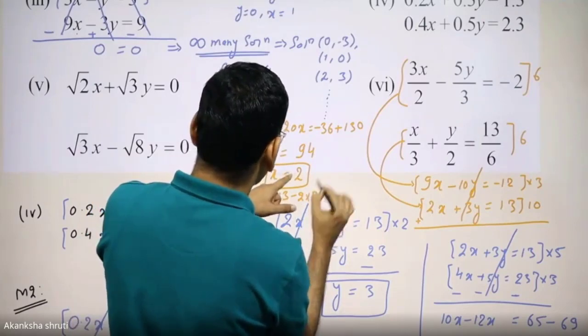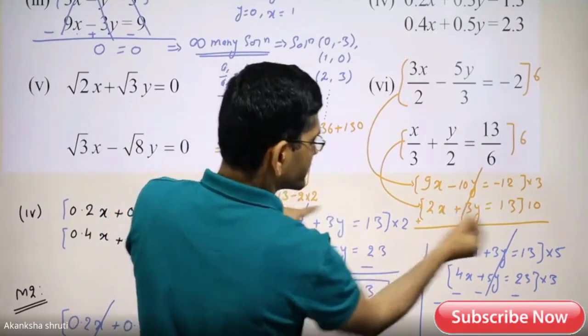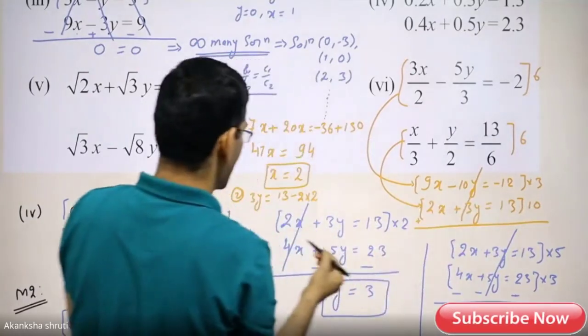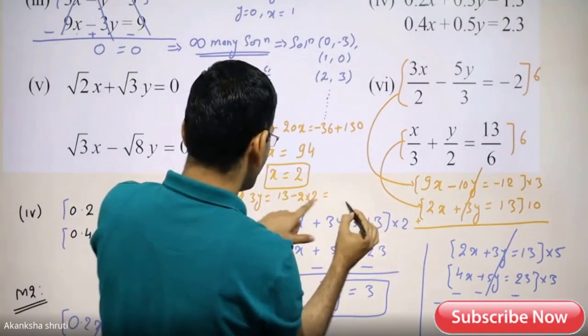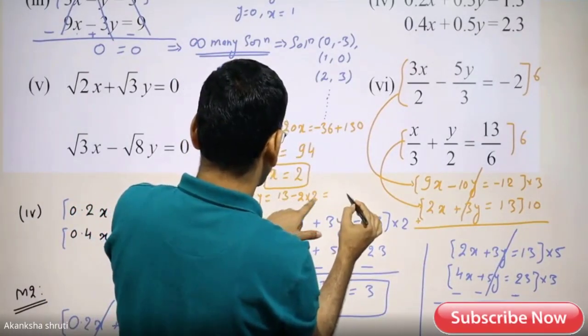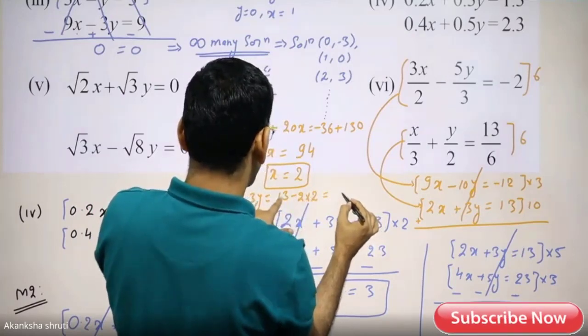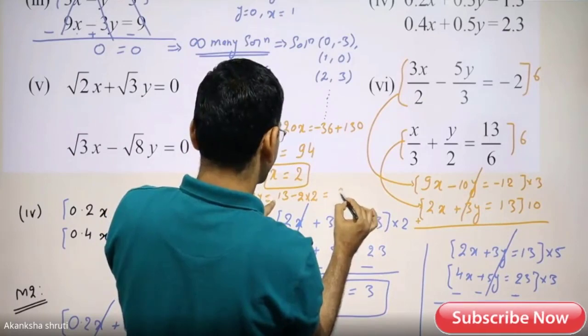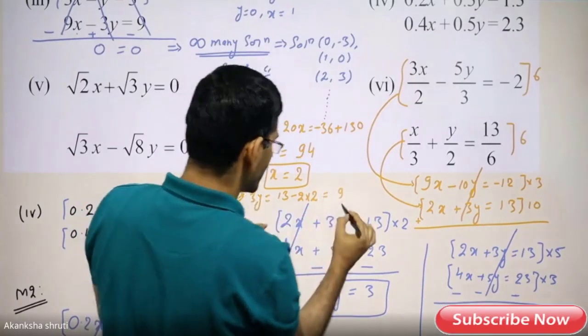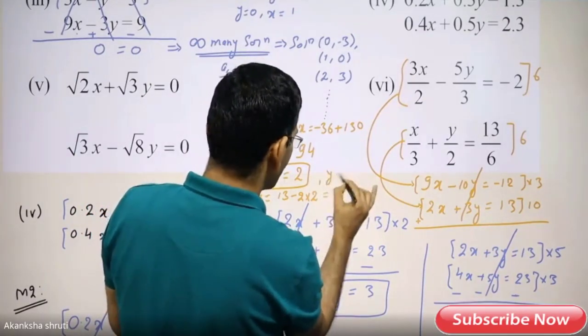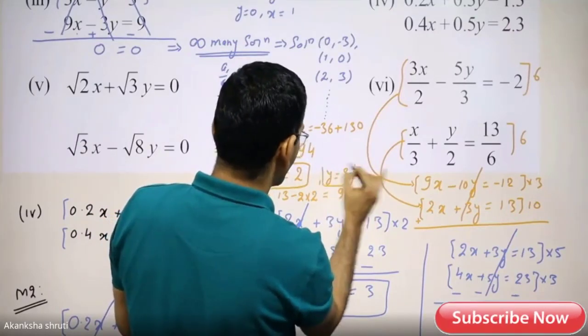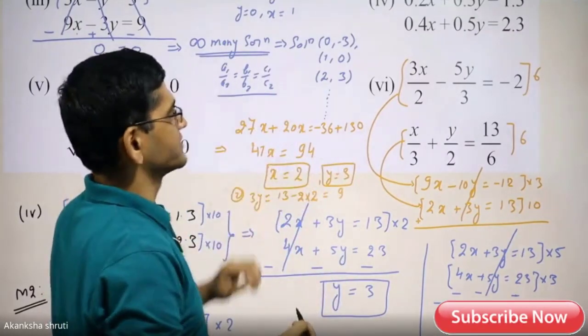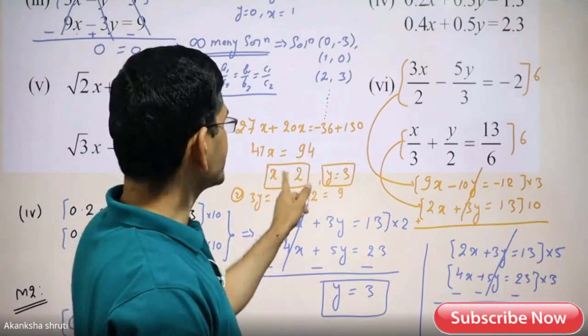2, this has gone on this side in this subtraction, so this becomes 13 minus 4, so it becomes 9. तो ये देखिए 3y इक्वल्स टू 9, तो y का वैल्यू कितना मिला? 3 मिल गया।